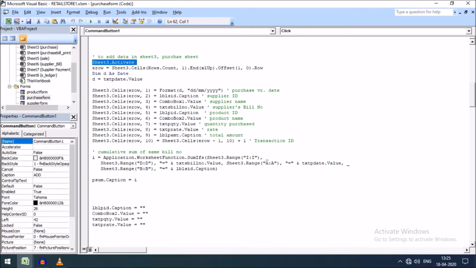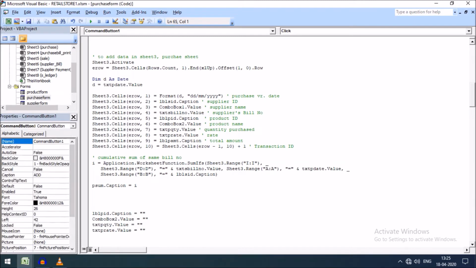Here I have activated sheet 3, our purchase sheet, and I have counted the total number of rows including the next blank row, and assigned it to the variable eRow, end of the row. Then I have taken a variable, dim as date.